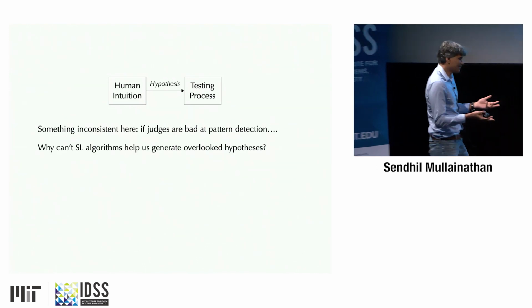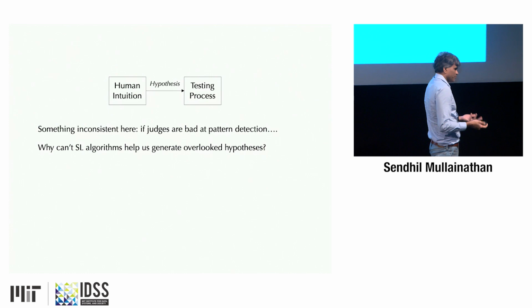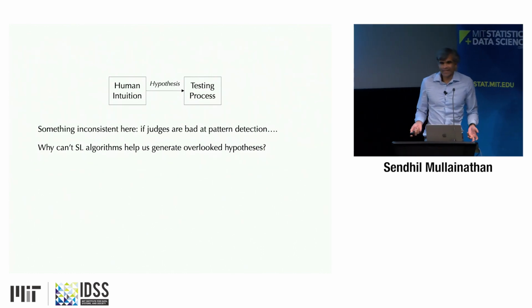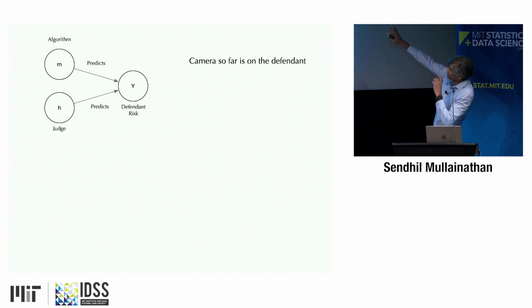That is, if we're making the conceit that supervised learning algorithms can help judges, shouldn't we ask, can't supervised learning algorithms help me? Might it notice patterns in the data? But what patterns do we care about? In the original paper, it was patterns about defendant behavior. So the algorithm was predicting the defendant's risk, and we're comparing it to the judge's prediction of risk.